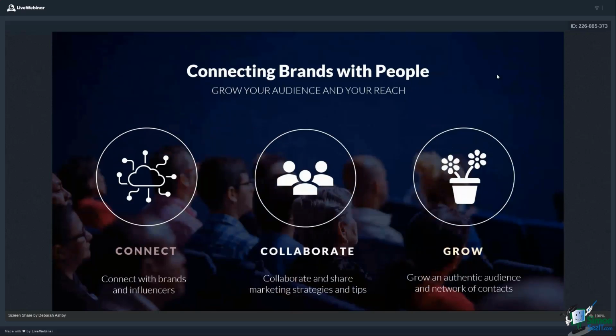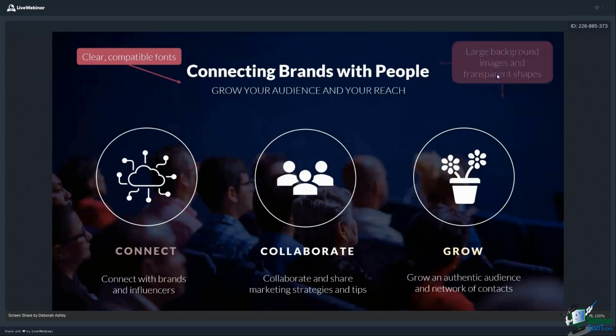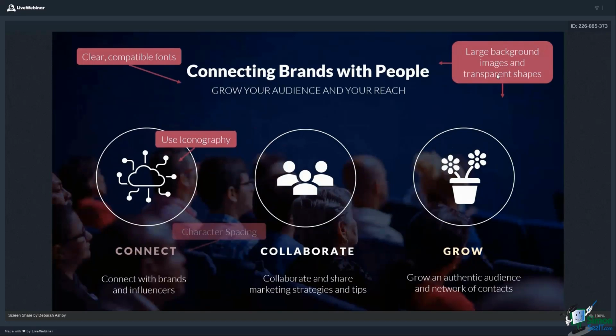So again, let's just run through some of these points. Choosing clear, compatible fonts. These fonts are of the same family, but you can see I've switched between using uppercase and lowercase just so everything doesn't look too uniform and too boring. I've used large background images and transparent shapes. I've used iconography. Character spacing. It's always nice to play around with character spacing.